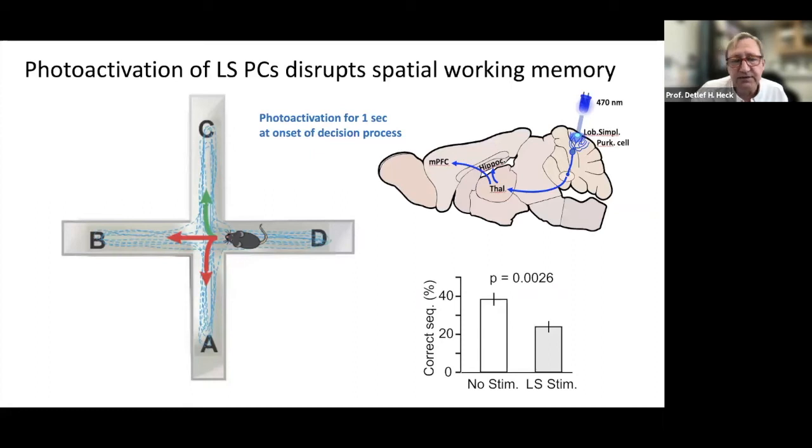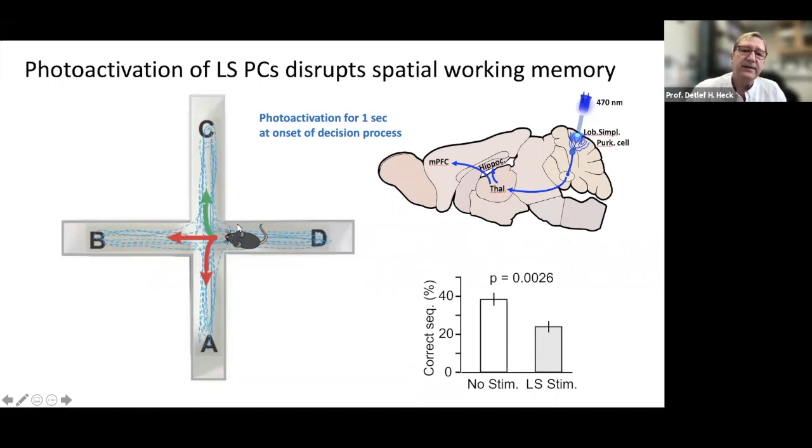So we put the mouse back in the plus maze, and we had an LED placed over lobulus simplex, and the Purkinje cells were expressing channelrhodopsin. So we could stimulate Purkinje cells, reduce DCN output